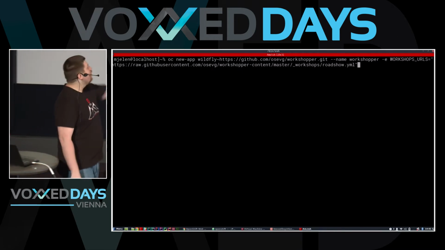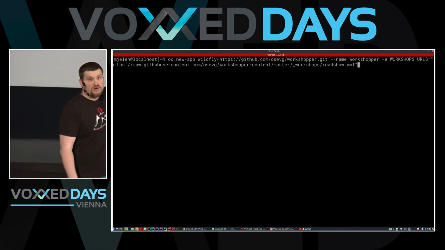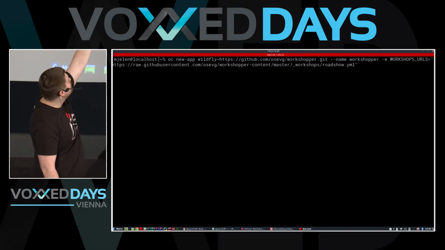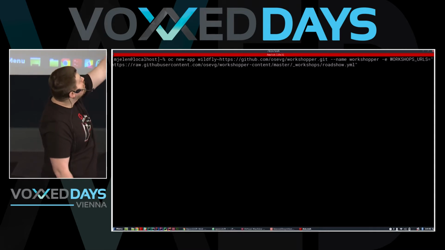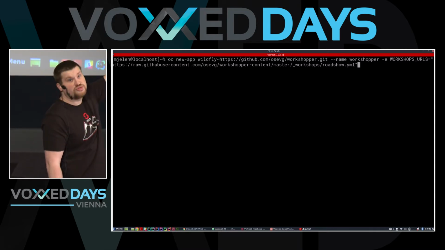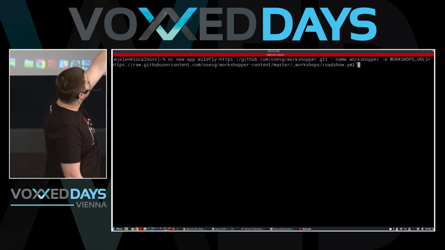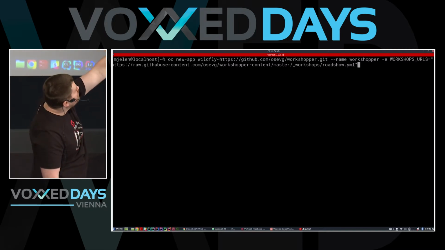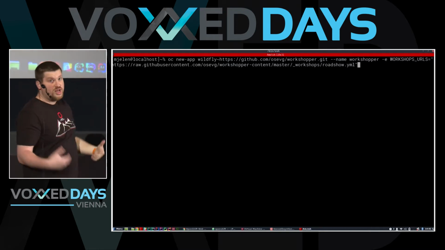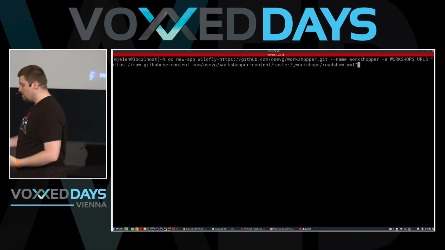So oc new-app, the same thing, but this time I have wildfly tilde, a URL that points to my GitHub repository, dash name, which is not required here because it would be guessed from the base name of the URL, and then the environment variable again. What's going to happen this time is I'm going to create a new build,